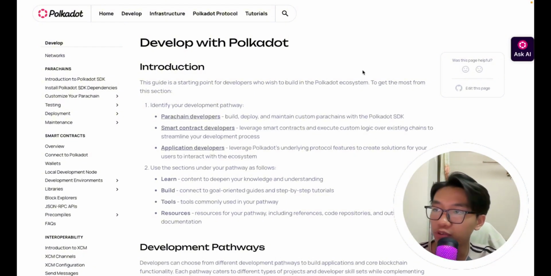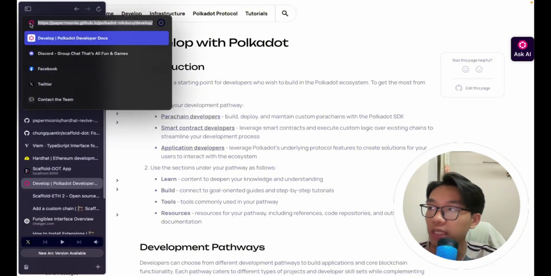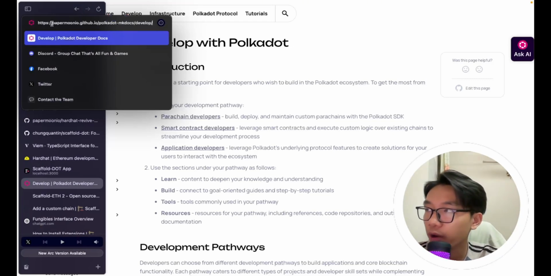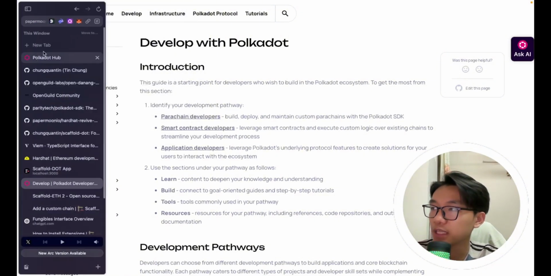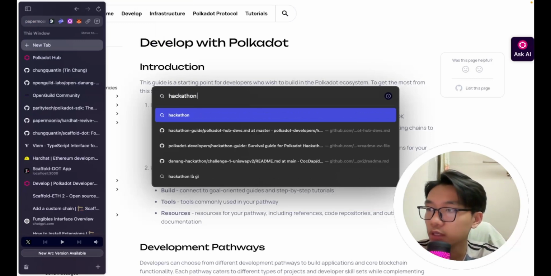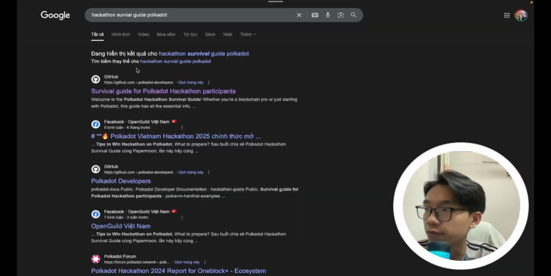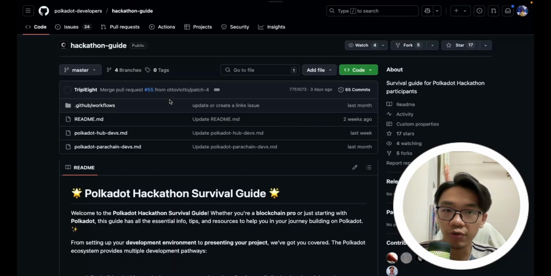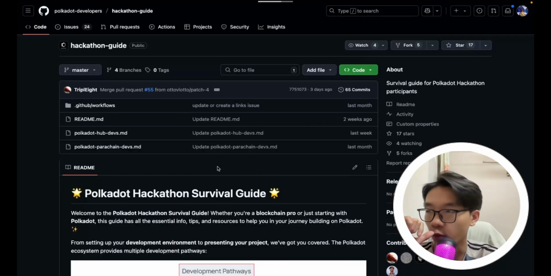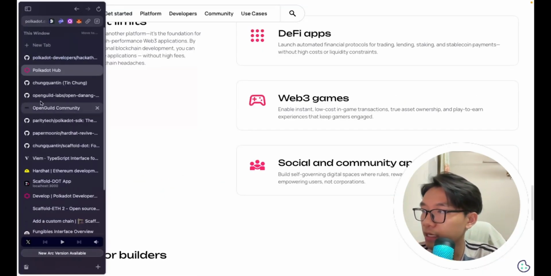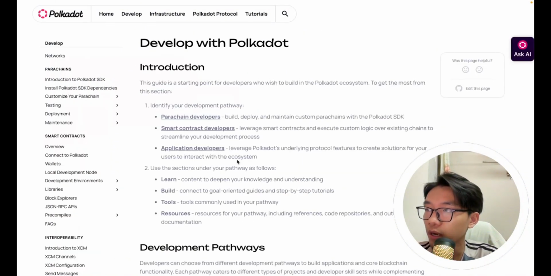So first, let me introduce you to the official doc, which is developed by Papermoon. This is not live on Polkadot.com yet, but you can already access it through this URL, papermoon.github.io, Polkadot mkdoc, or the fastest way is to search for hackathon survival guide Polkadot, and then you're going to find the first search result is about the Polkadot hackathon survival guide. So the hackathon survival guide is the document I'm talking about,